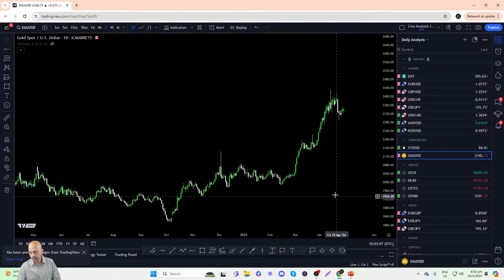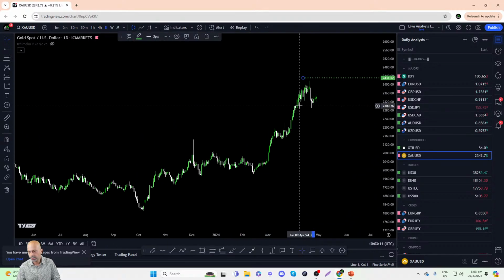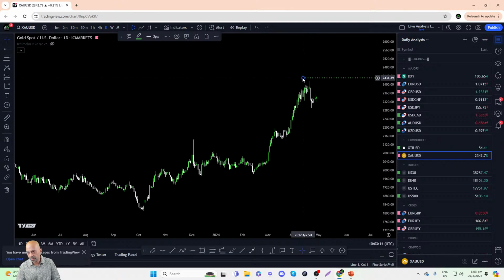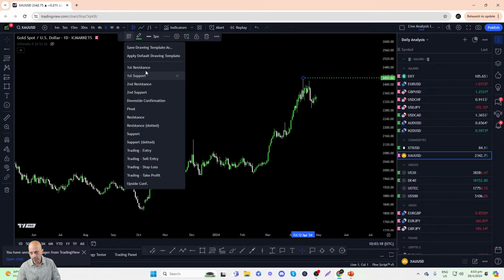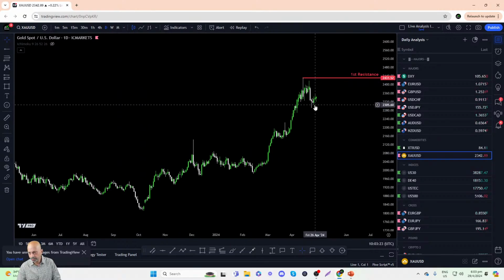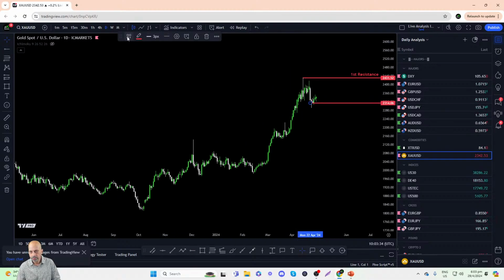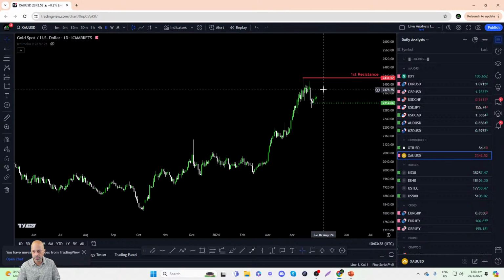Similarly, when we look at gold on a daily chart, this is the all-time high for gold at $2,431 per ounce. Most likely this is going to be our first resistance here. With gold edging higher since last Wednesday and Thursday, gold has found decent support around $2,314 per ounce. This has found pretty decent support around here, so I'll highlight this level as intermediate support, and it looks like it's going to continue to climb higher.